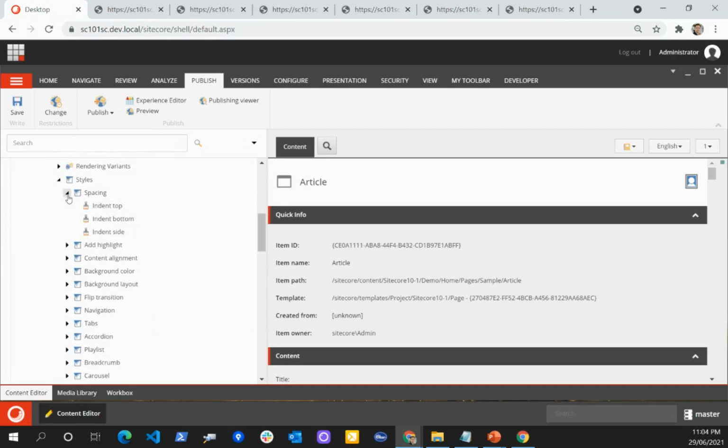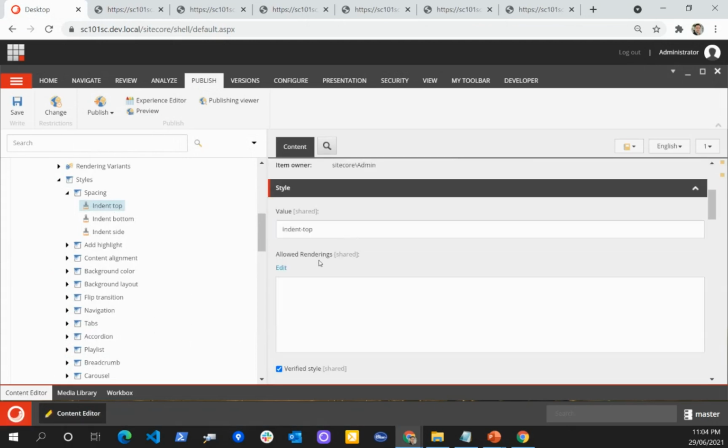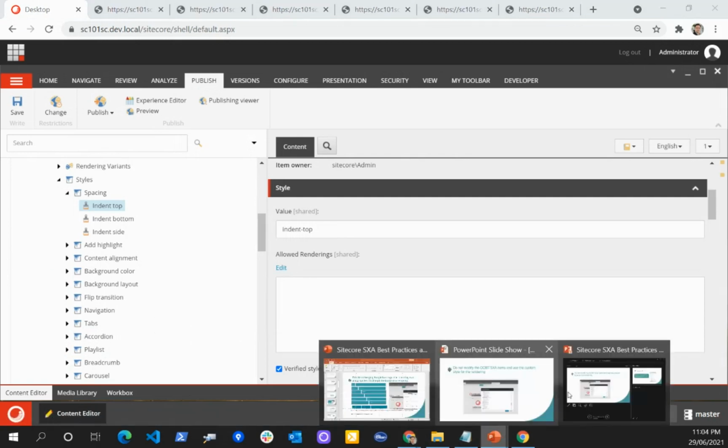I can group those styles, and even for each style I can specify that this style is only for this component. That way we can provide limited and very clean options to the content editor, so they can choose from the styles. Again, this is a recommended way of doing it.